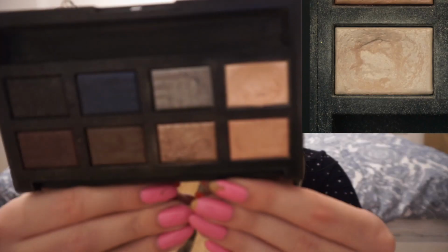I'm thinking about decluttering this one, which means I definitely don't use it very often, and that's why I chose a shade in this one. And the shade that I chose is called Andromeda, and I'm going to insert the picture of where I was last time. And my goal for this was only to hit pan,